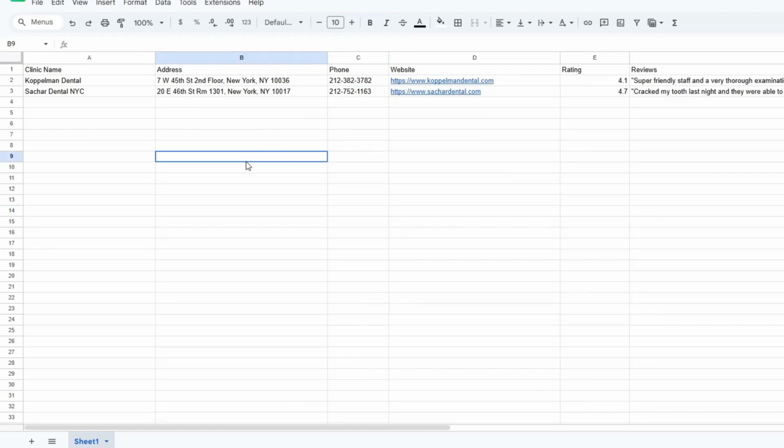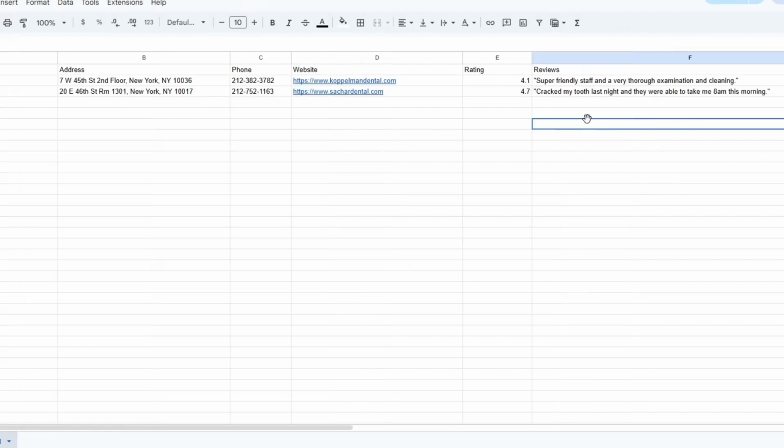So now in Google Sheets, I've added a list of leads that we would like to contact, described as dental clinics, and added their client name, address, phone number, website, ratings, and some of the reviews that the customers have left in Google reviews. So we'd like to analyze these leads and generate a personalized outreach email, follow-ups, and a pre-call preparation brief